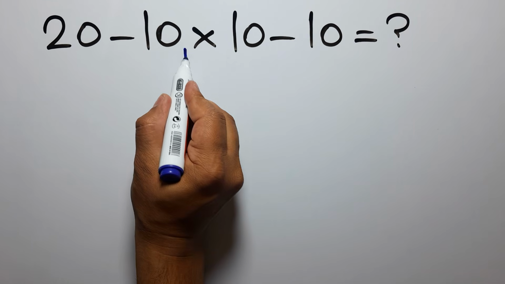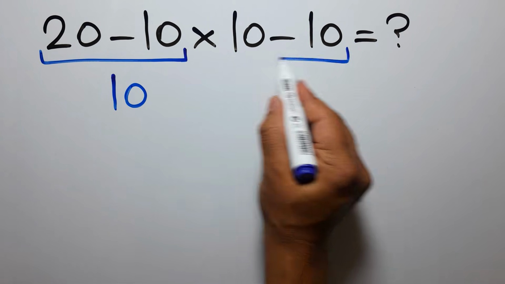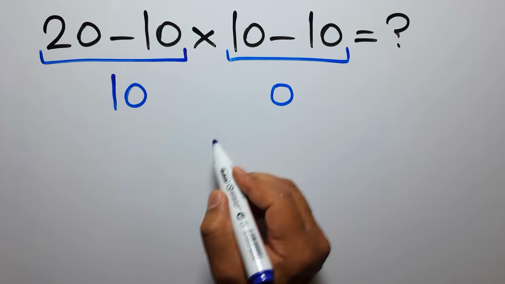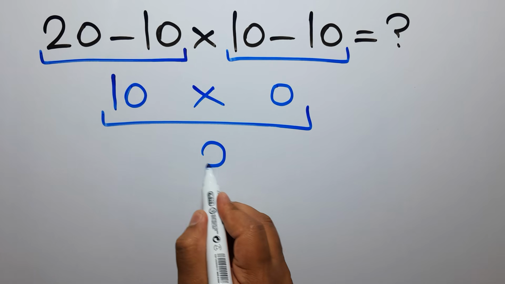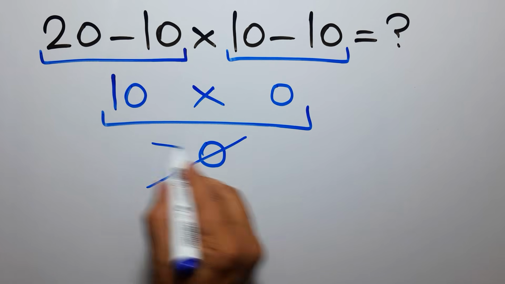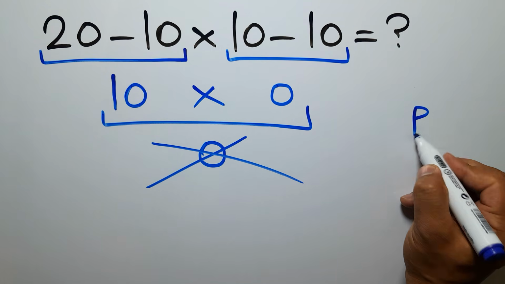20 minus 10 gives us 10. And here we have 10 minus 10, which equals 0. So 10 times 0 gives us 0. But this answer is not correct because according to the order of operations, which is PEMDAS,